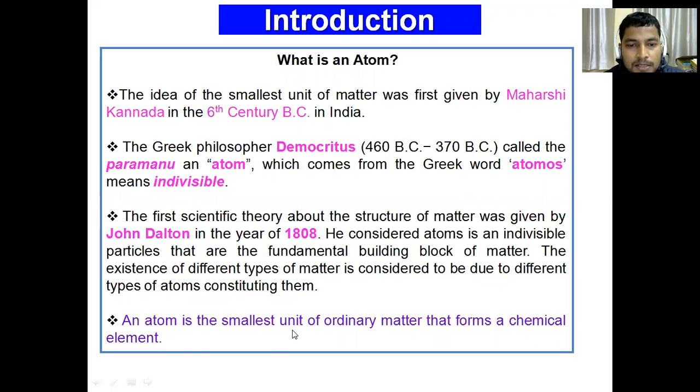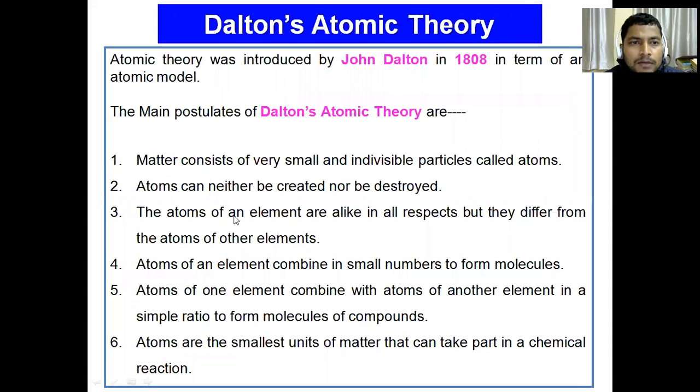An atom is the smallest unit of ordinary matter that forms a chemical element. Now, in the year of 1808, Sir Professor John Dalton first introduced his historical theory,